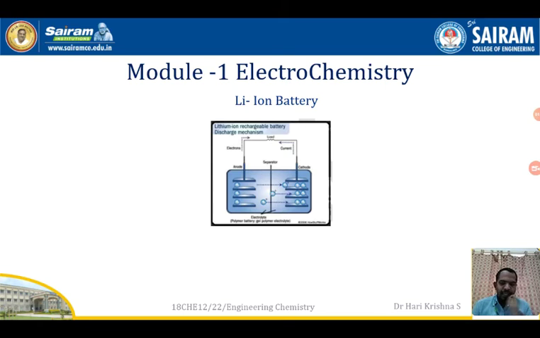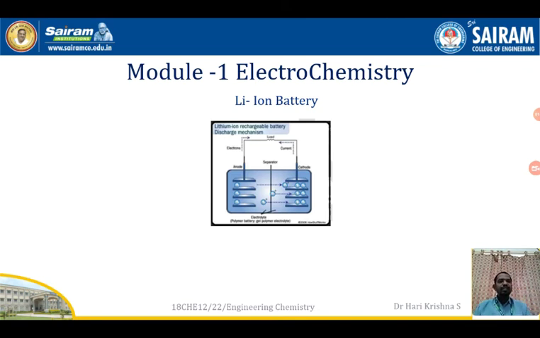In this lithium-ion battery, the anodic active species is lithium cobalt oxide, and the cathodic active species is graphite. Lithium cobalt oxide and graphite are layered solids and can accommodate metals and their ions in between their layers. So it will be in the form of layers, both lithium cobalt oxide and graphite.